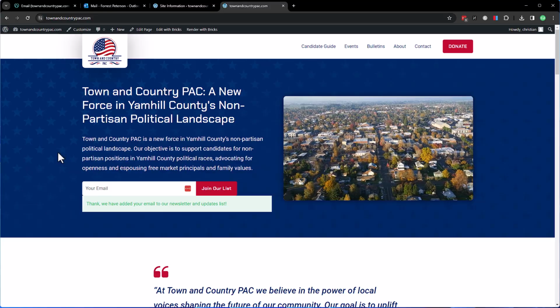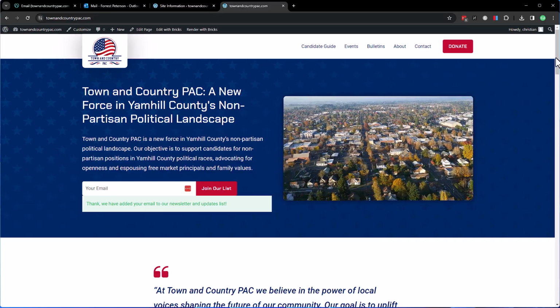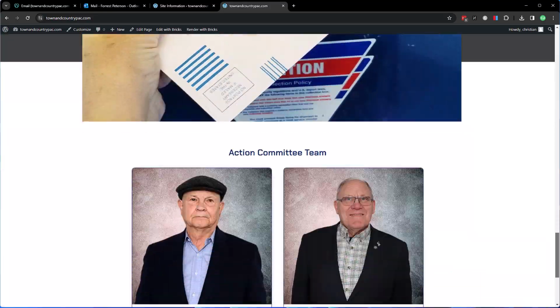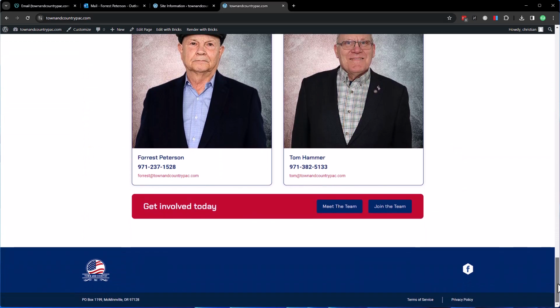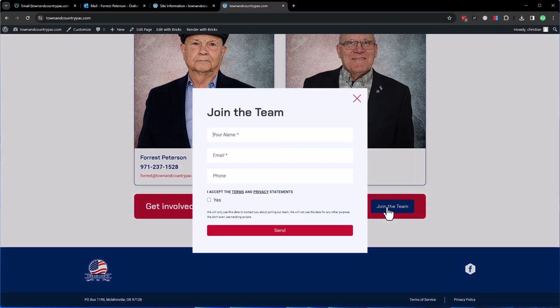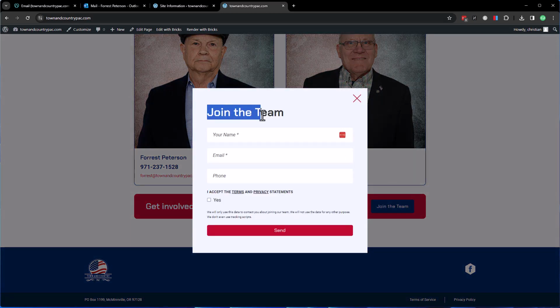The second form on your website is found at the bottom of the home page, and it is the Join the Team button here. You click that and you get a Join the Team form. The user will fill in their name, their email, if they want, their phone number,